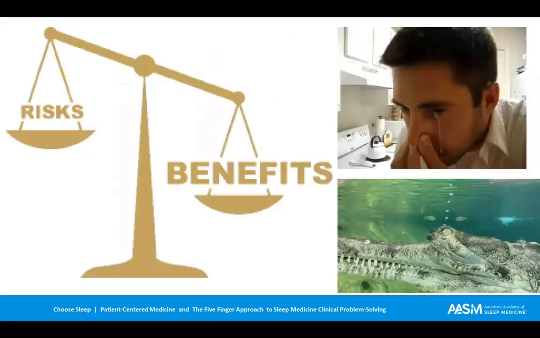I'm going to add one more element to this discussion. It's the concept that every medical recommendation you make has an underlying risk-benefit ratio. This is true whether you're recommending a screening colonoscopy, advising that an individual take a statin for the purpose of prevention, or initiating and overseeing an airway management strategy. In all of these situations, it's possible for you to do more harm than good. Positive airway pressure therapy is more than just a nuisance for some people. For many individuals, it can be downright harmful. It can be perceived as a source of considerable psychological distress and can also be physically profoundly uncomfortable.